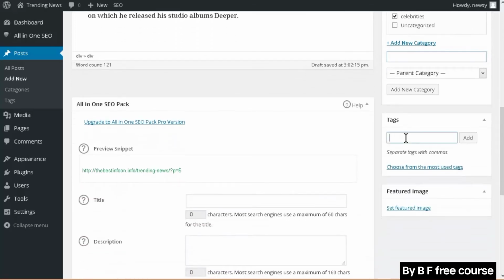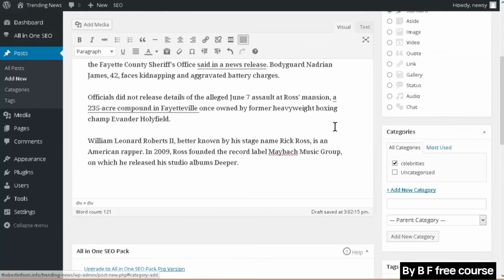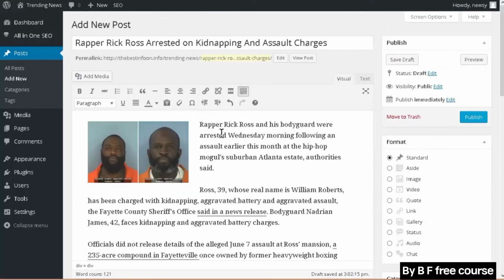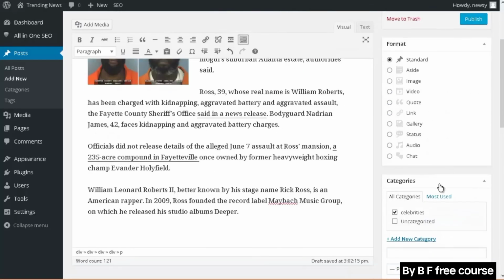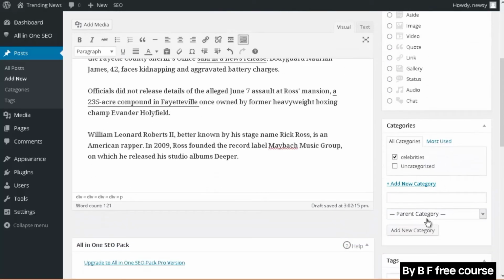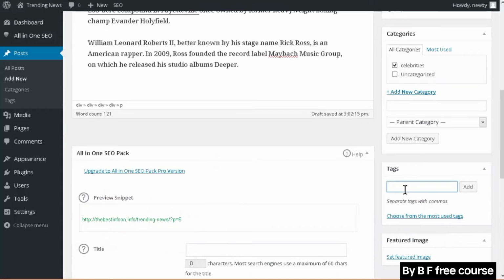Down here, we can put the same thing in for tags, or we can use a different tag. So let's use his name. So Rick Ross. And we could also put in celebrities here if we want, but we don't really need it when we have